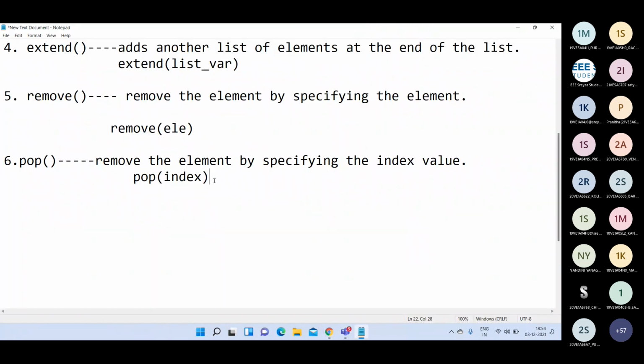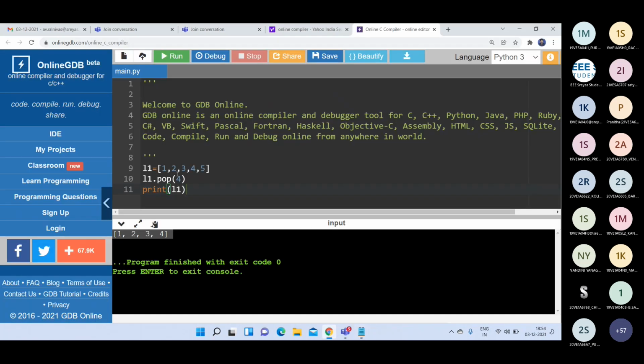Sometimes you can write the pop function without parameters. That means you are simply not writing any index value, just pop with empty parentheses. If you write the pop method without an index value, it will always remove the last element from the list.